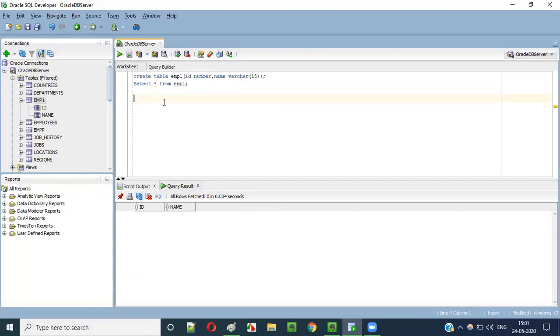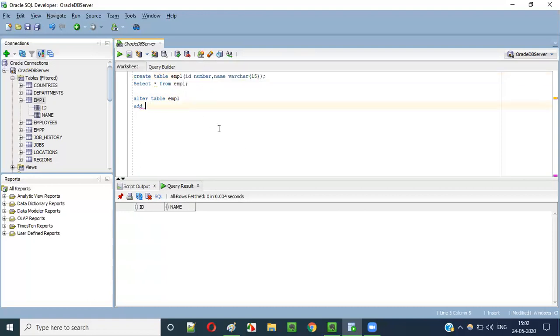Next thing is, now I am going to alter the table. Okay, I am going to use the alter statement for changing this table in different ways using different keywords like add and all those stuff. Okay, so for that, alter table emp1. What you want to alter? I want to add a new column. Okay, here only two columns are there, ID and name. Alter table, which table? emp1 table. But how do you want to alter? I want to add one more column to this existing column list, that is ID and name are there already, and along with this ID and name I would like to add one more column.